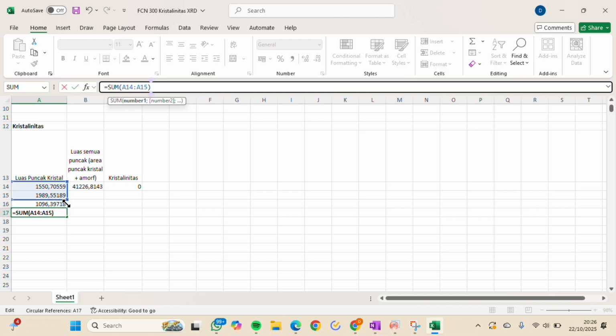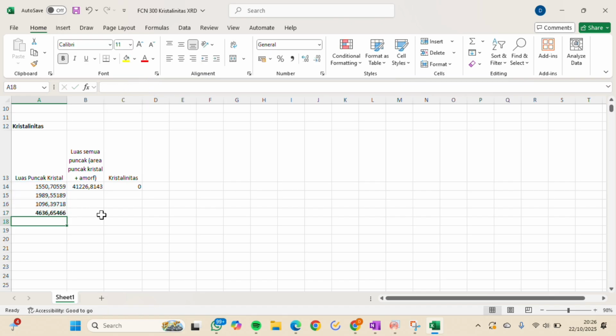And then after that, we must fill the luas semua puncak, so we have the crystallinitas data.